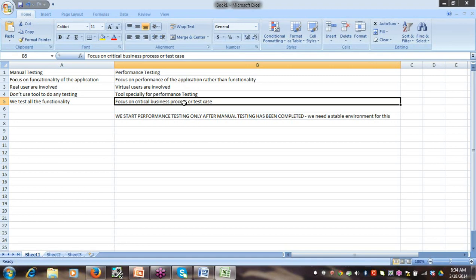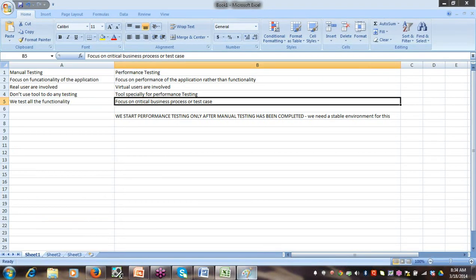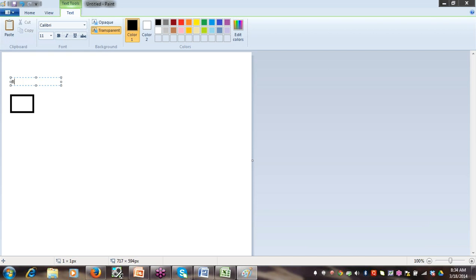There are different phases in performance testing. I will list out those phases here. The first is the requirement gathering phase, in which we gather information about the application.